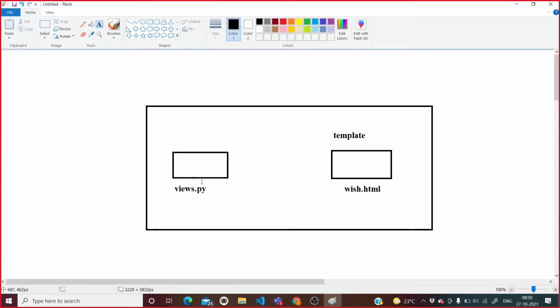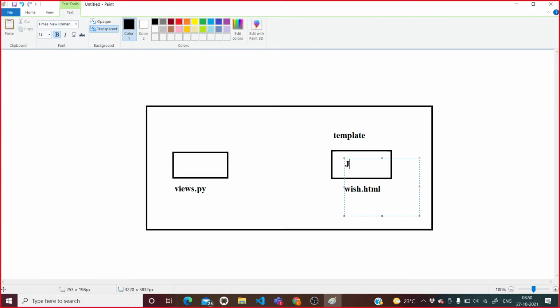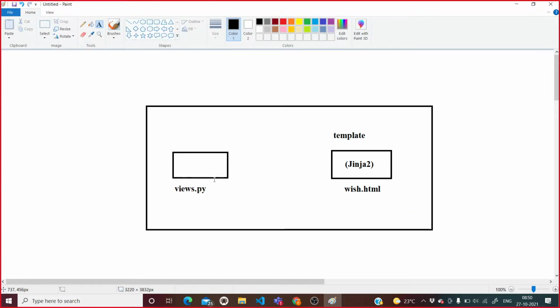Now if we want that some variable comes here, and the value of that variable should be passed to this template as well. Here the templates are written in the syntax of Jinja2. We follow Jinja2 syntax to write a template of a Django application. There are several tags in Jinja2.